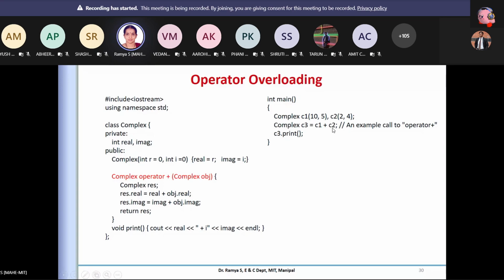In operator overloading, we just call C1 plus C2. It is understood that C1 is the calling object and C2 is the passed object. This is important compared to the way we call ordinary functions. Is it clear for you?